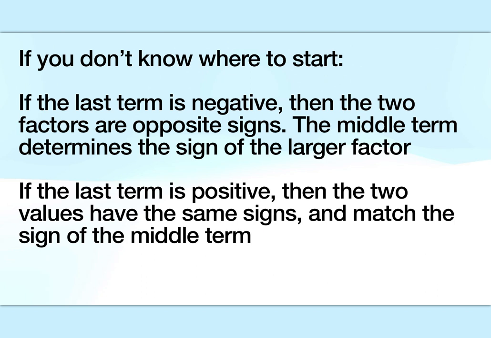So if you don't know where to start, this is getting to factoring like we've been doing it the last couple days, and then we'll do a little bit more with grouping near the end. If the last term is negative, when I talk about last term, I am talking about if I have an equation, ax squared plus bx plus c. If the last term is negative, so if the c is negative, like minus 4 or something like that, that means the two factors, when we factor it,